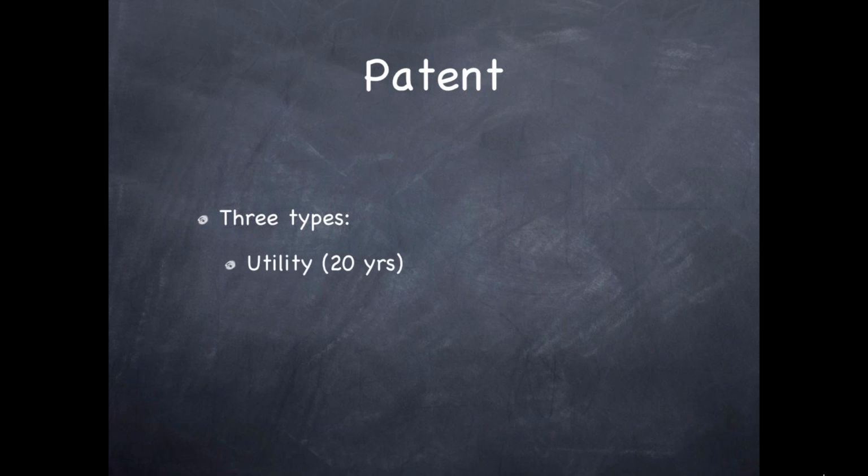First and foremost, we have a utility patent. Utility patents deal with technology and they are good for 20 years. Utility patents will protect everything from the formula and delivery mechanism for the EpiPen allergy device to the method that Amazon uses for their one-click platform to technologies dealing with filming a scene in the Matrix.